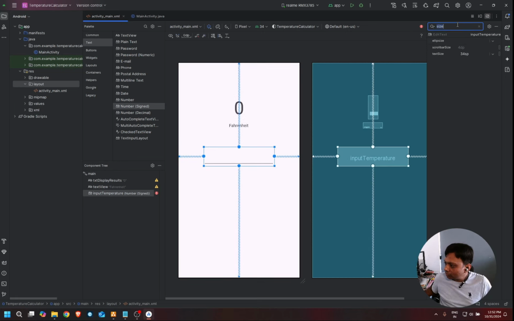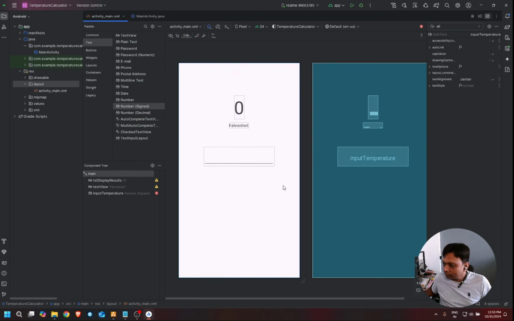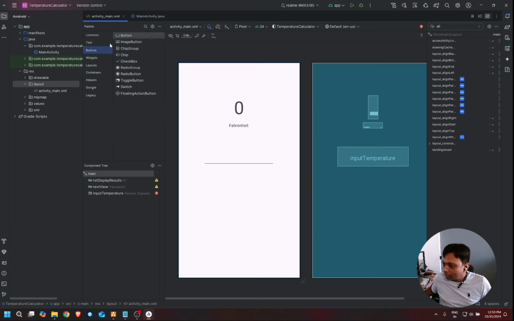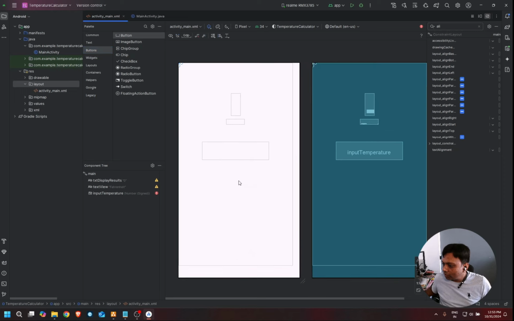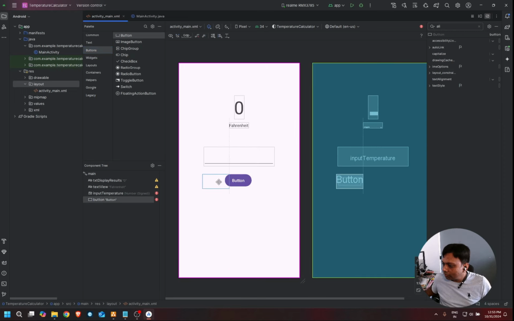We will also set the text alignment to center. So now the text alignment is in center. Now we will add the button over here. We'll have to add two buttons. So we will put one button over here,